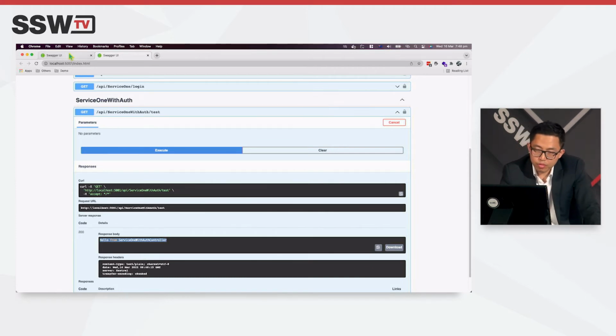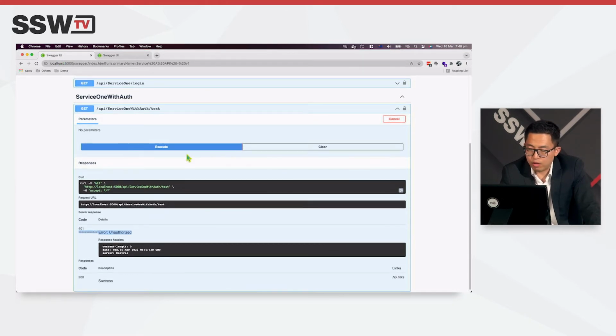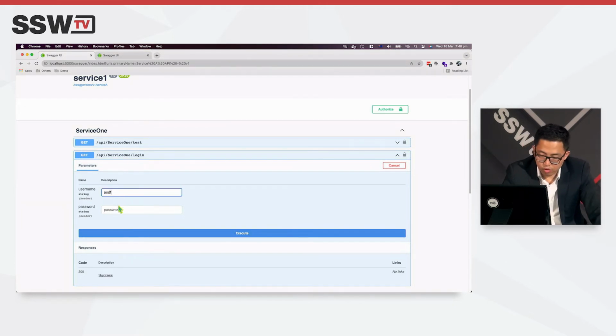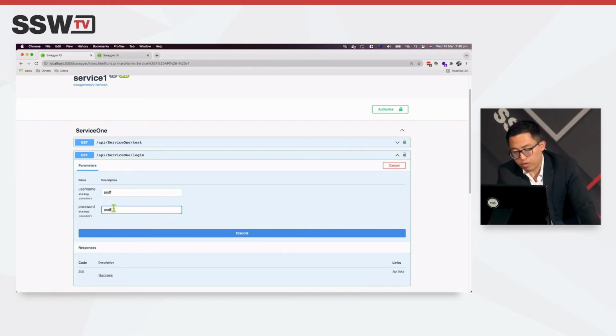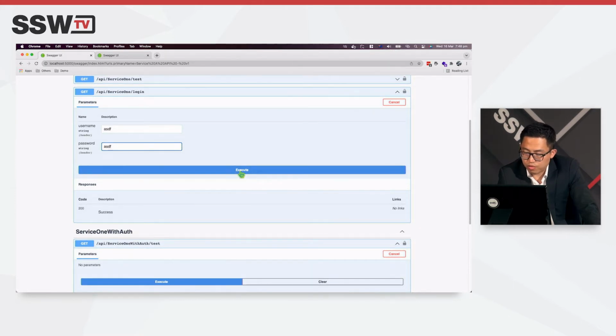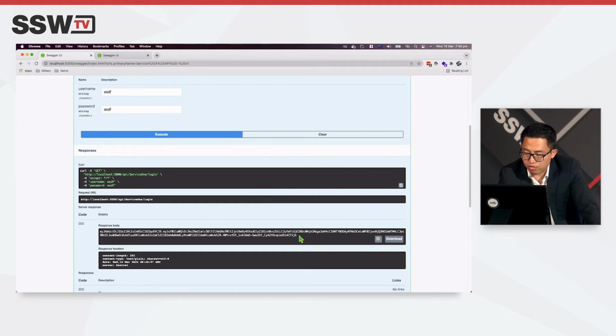All right, so if we flip back to the API gateway, let's try to log in. Create some username, password. You probably should hash the password and have some validation, but for simplicity, I just do it quick and easy. Now, we've got our JWT token. And if we copy our JWT token,